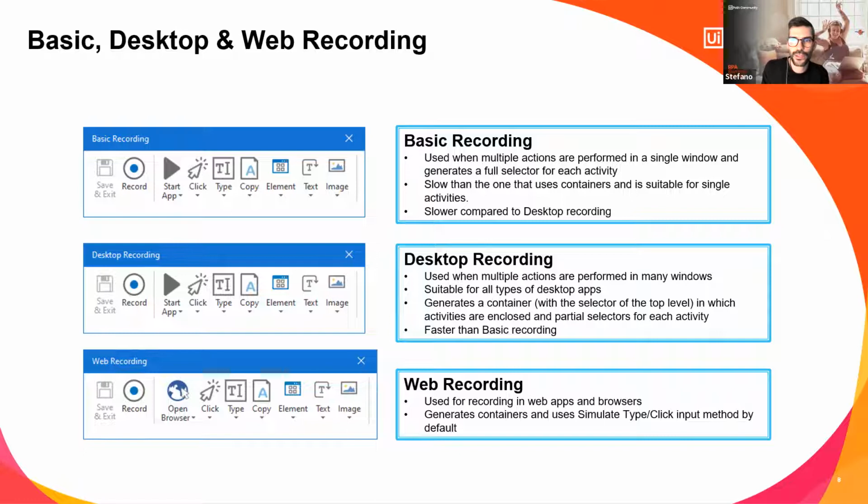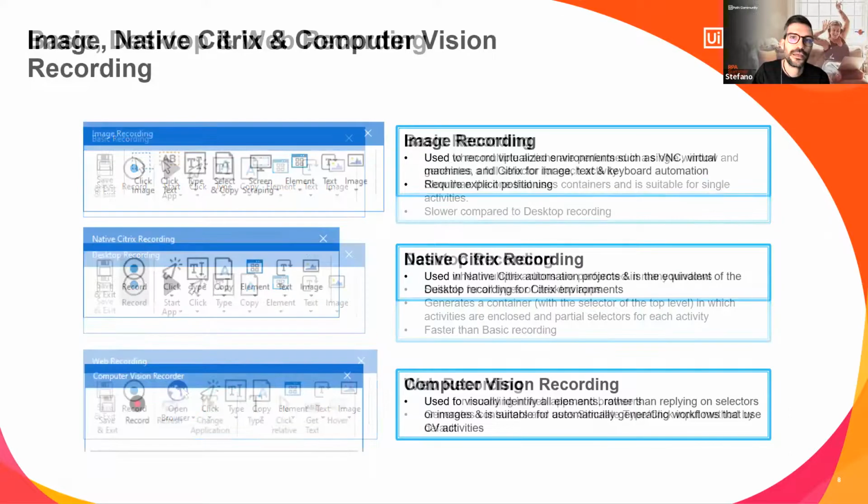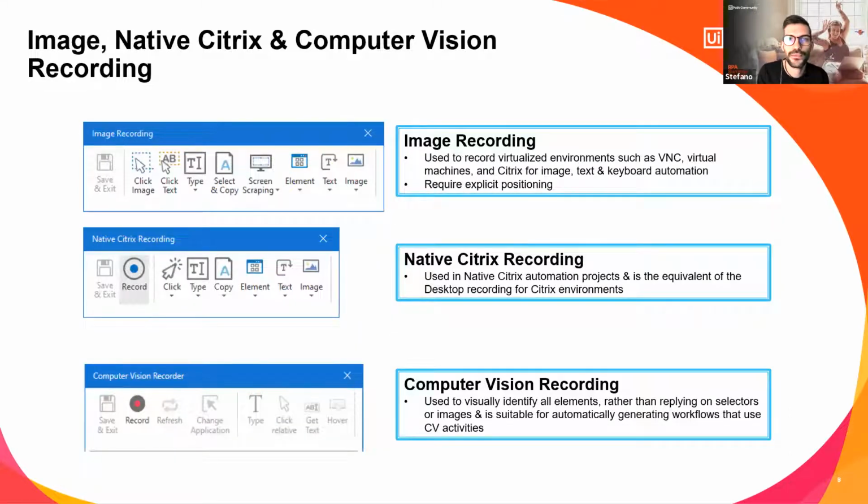As with the desktop recording, it generates a container and uses the simulate type and click input method by default. We will see in a few minutes how this works. Other types of recording that are less used, but it's important to know that they exist, are image recording, which is used to record virtualized environments like VNC or virtual machines and Citrix, and it uses the exact positioning of the elements to record